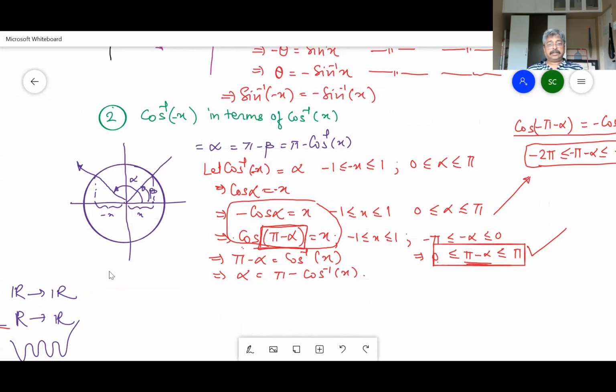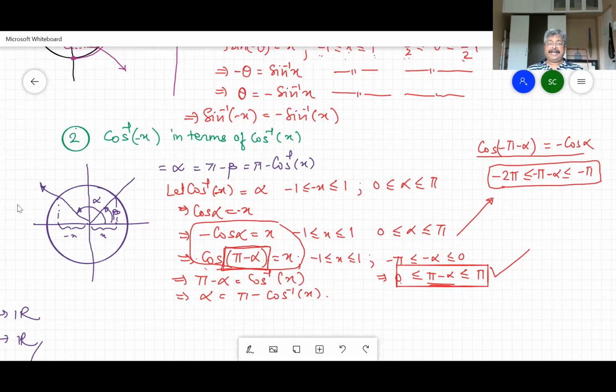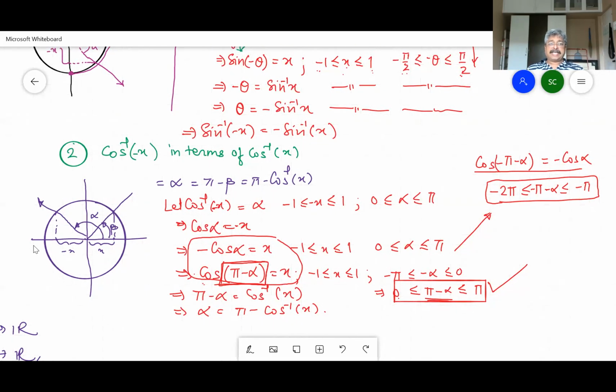If we are not safe, then we might not get the angle back. Yes, absolutely correct. You have to land wherever it is desirable to land as far as cos inverse is concerned. You cannot land anywhere. Because of the trimmed domain and codomain, the desired landing is fixed. So unless and until you are sure that the angle you are going to get after taking the inverse trigonometric function is in the desired range, you should keep doing calculations.